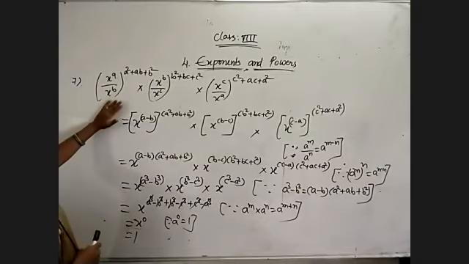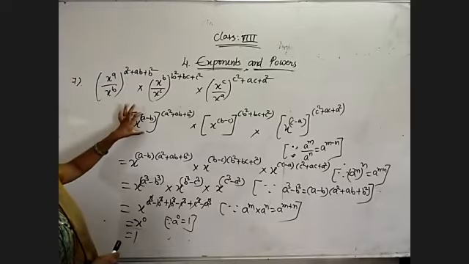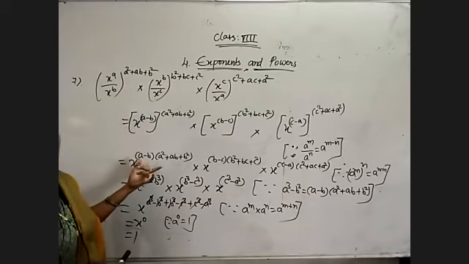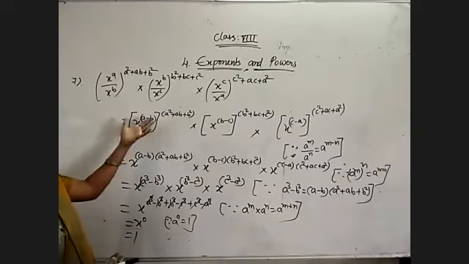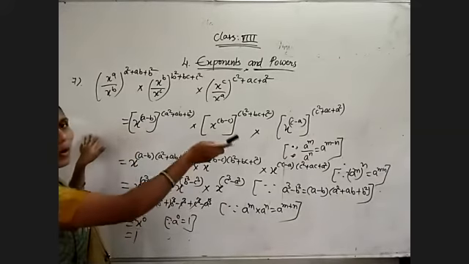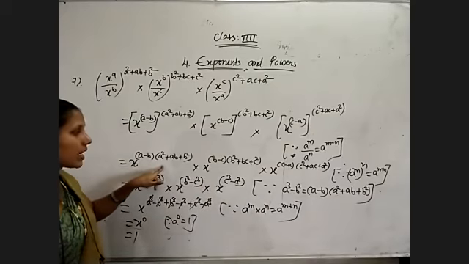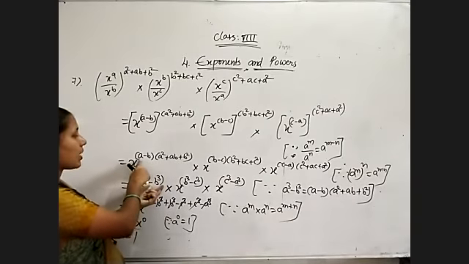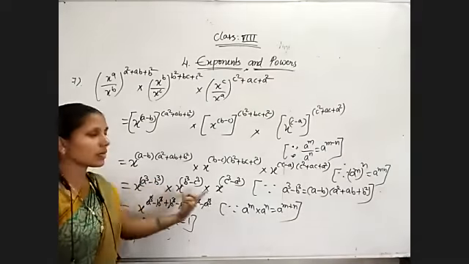In this expansion, first of all, simplify this because it is in the form of a power m by a power n, so a to the power of m minus n. Why I am telling like this: this type of questions are very, very important. Lots of exponent rules are used to simplify this type of questions. So observe, now it is in the form of a power m whole power n, so we have to use a power m into n. By simplification, we get the formula a cube minus b cube is equal to a minus b into a square plus ab plus b square. So by using that formula, we need to simplify each and every term.